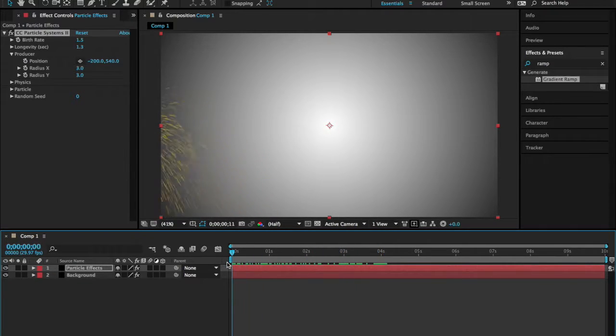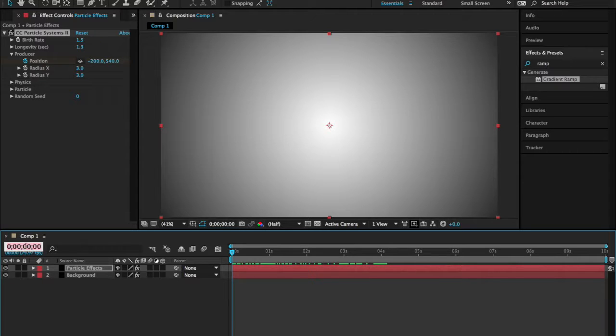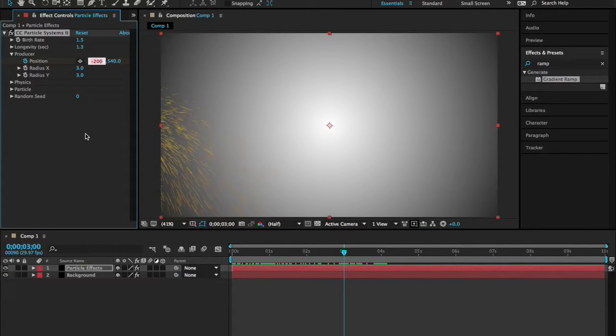So now what we want to do, we want to key that. The way that I am going to key, I'm gonna click here, so then it starts in here, and I'm gonna go to my frame 3. I can just type here 3. Now it's already in there, but right now I want to move this all the way over there. You can change the values here, you can put whatever value you want, or if you just put your mouse on top of it, you're gonna see that there are these 2 arrows in there. If you just left click and drag,